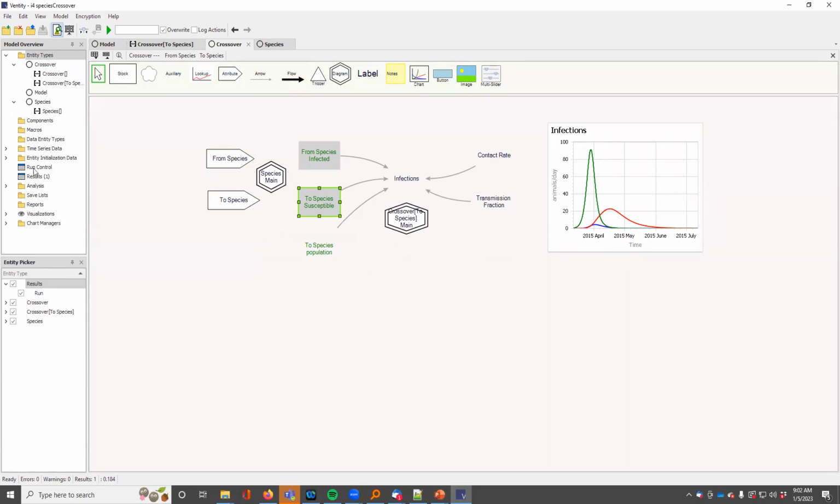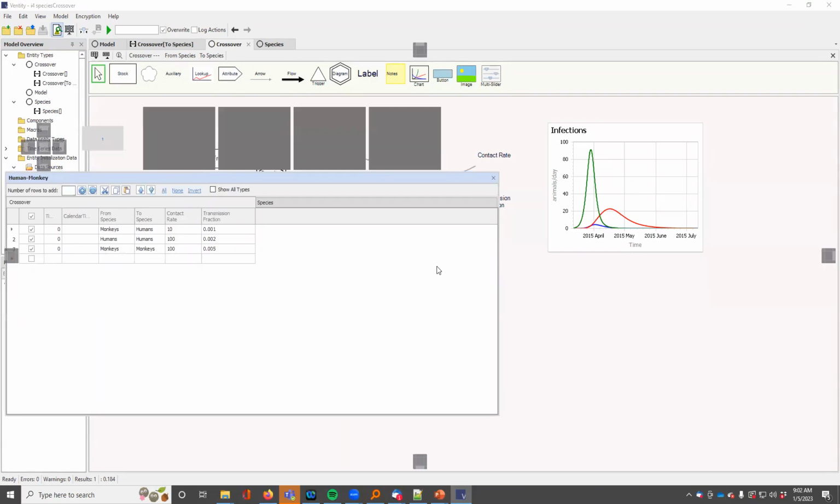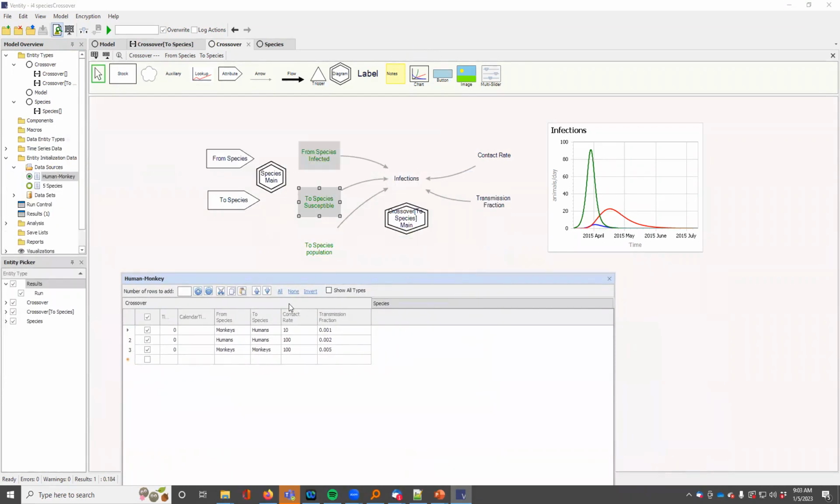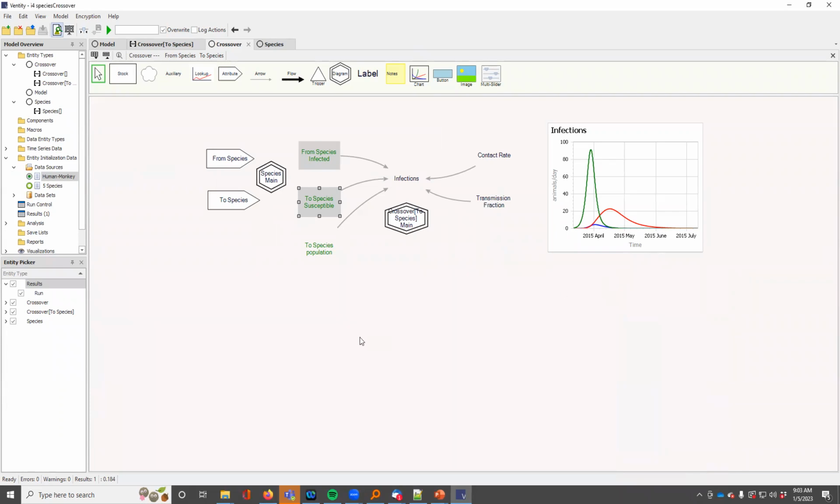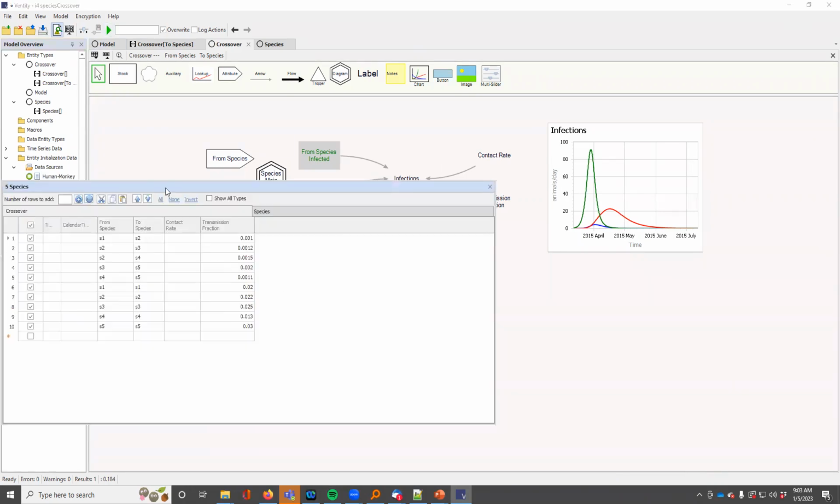So again, all of the structure here is set up by the data. So we've got humans and monkeys, so there's two tables now. There's one for the crossover. So monkeys to humans, humans to humans, monkeys to monkeys. And then there's a table for species that just specifies how many individuals there are and who is initially infected. And if we want to run this with a more complex setup, again, we can just change the data and run it again. So I have a 5 species table